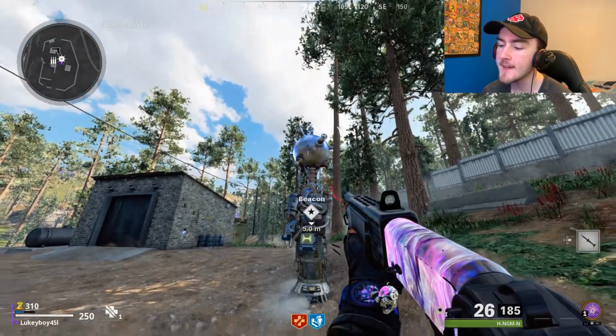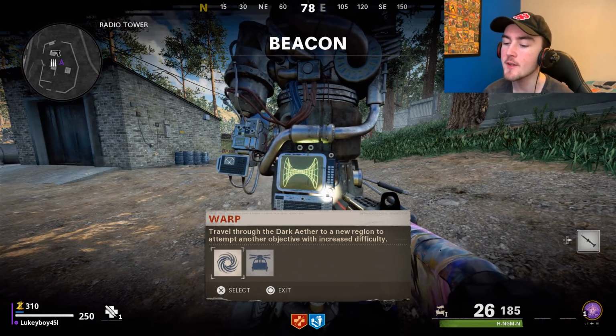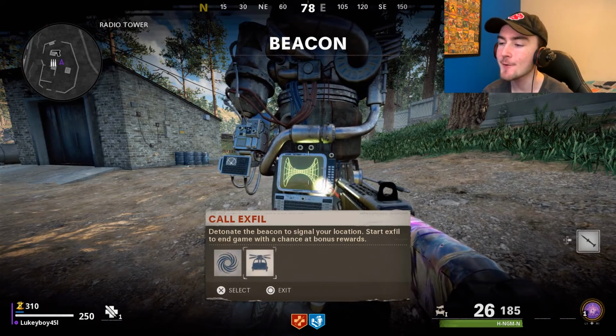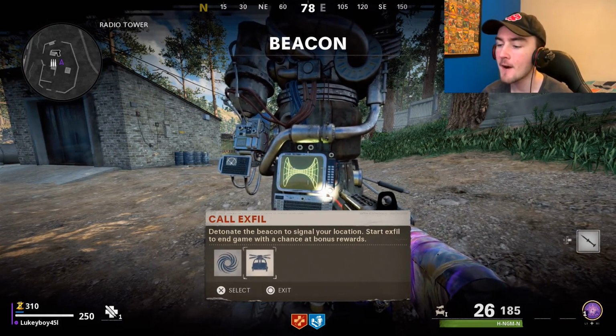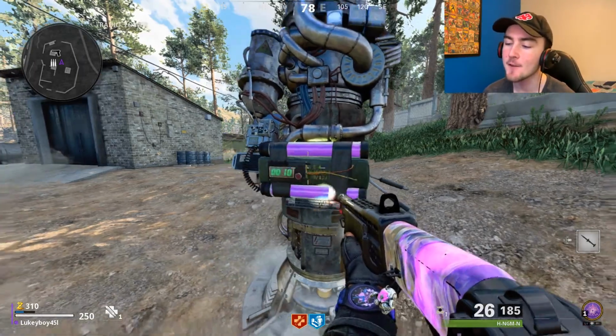But also, this beacon will spawn here. You guys want to interact with it. You have 2 options. You have the option to warp, so you can teleport to another region, which is what I was talking about at the start of this video. And of course, you can call exfil, so you can exfil, escape, get some more refined, flawless, and raw Ethereum crystals. But I think for the sake of this video, I'm just going to call exfil just because I don't want this